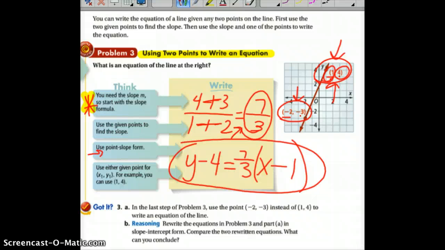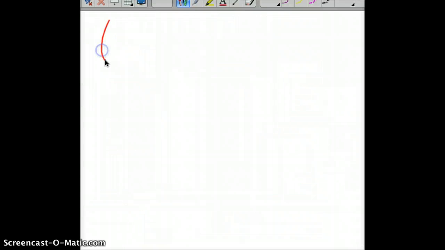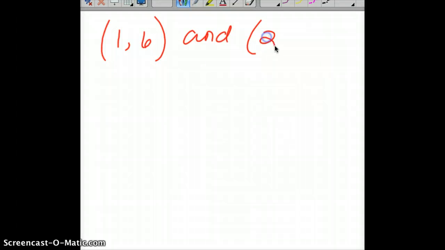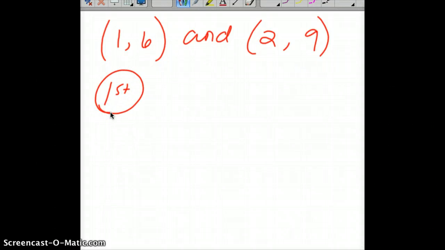Let's do one more problem just like that. If I gave you the point, oh, we just used that one. I'm going to change the number. 2, 9. First step. Now I know that you could write an equation in y equals mx plus b form, but